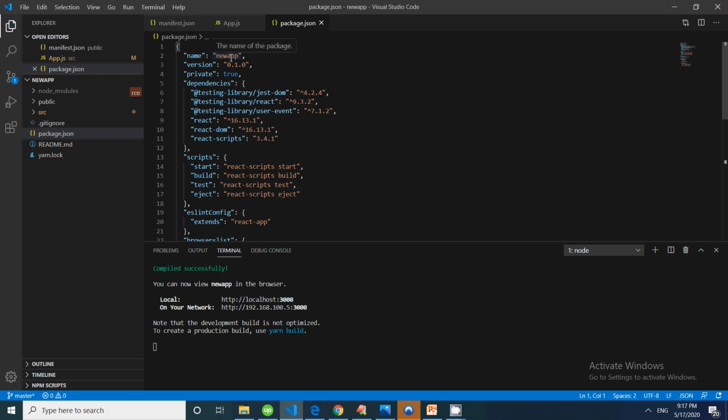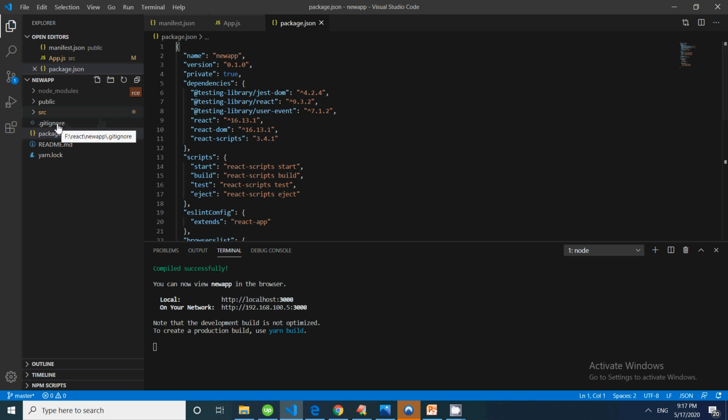It has the name of your app, and the scripts that will start your React application, build it, and test it. Everything related to your application is mentioned in the package.json file.